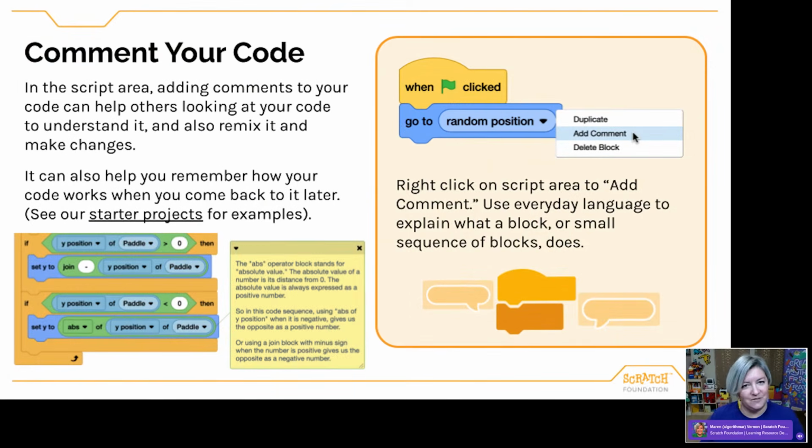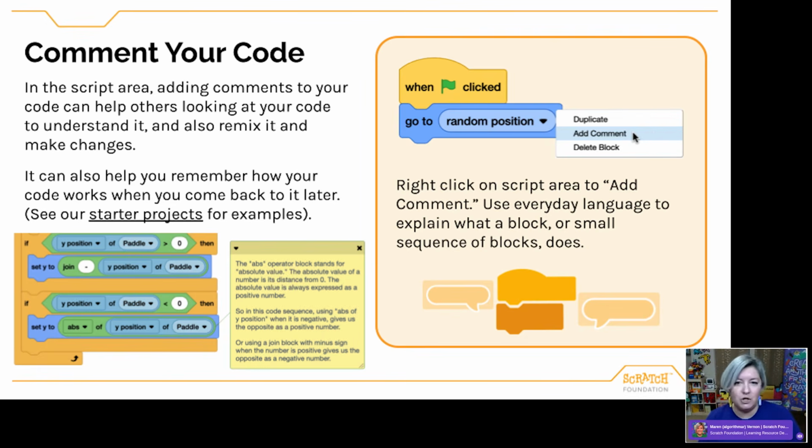When you see inside another Scratcher's program to understand how it worked, what you're really doing is breaking that apart, right? Decomposing their code. And I think one of the things that is wonderful is if a Scratcher has provided helpful information, maybe on the project page or in comments in the scripts area, to help others understand their code. So I encourage you to highlight this opportunity as an idea for your learners when they're sharing their code. You can see examples of this in action in many of our starter projects.